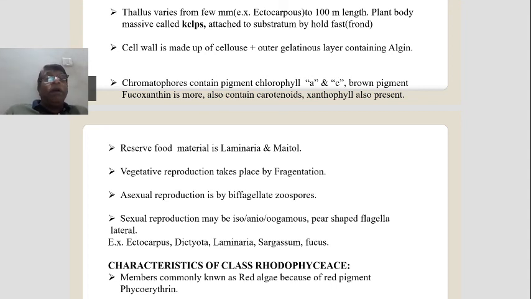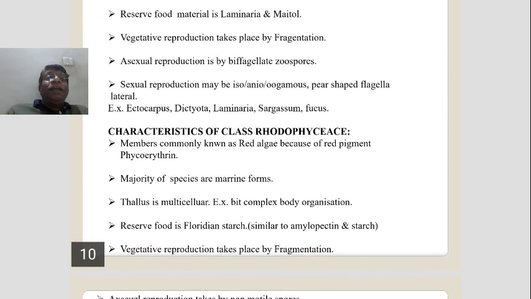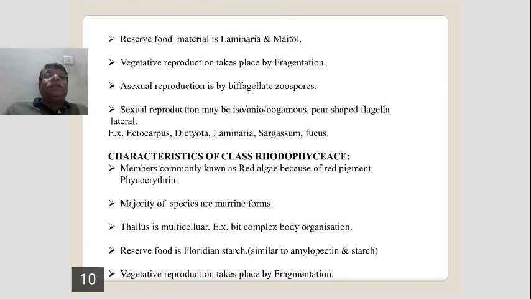Okay, so that's all about the pigments. Now, the reserve food materials. Reserve food materials means photosynthetic products occur in the form of